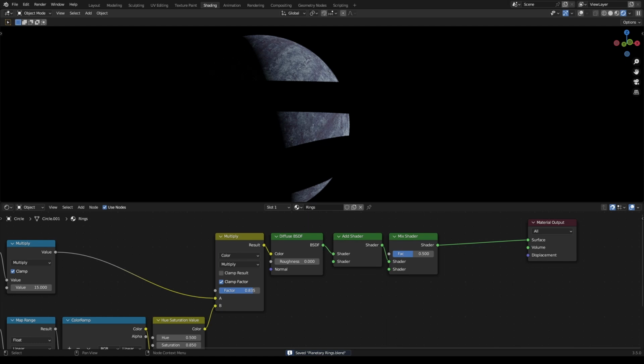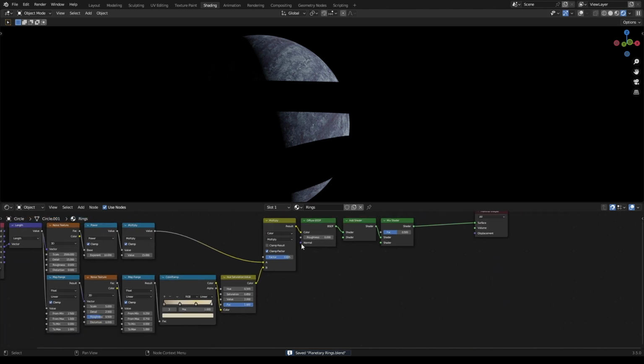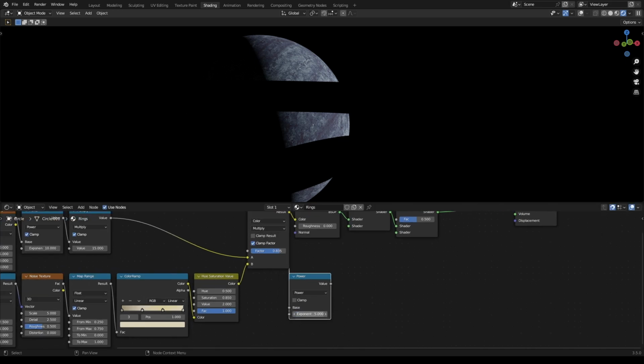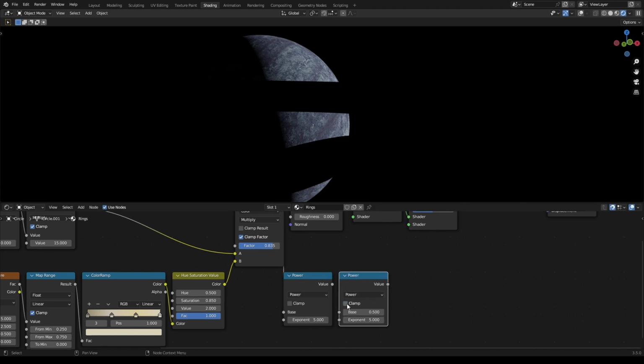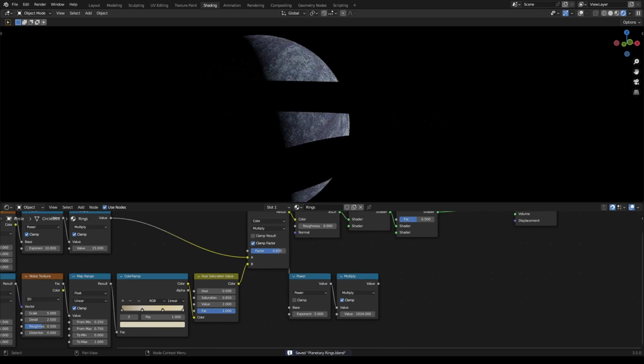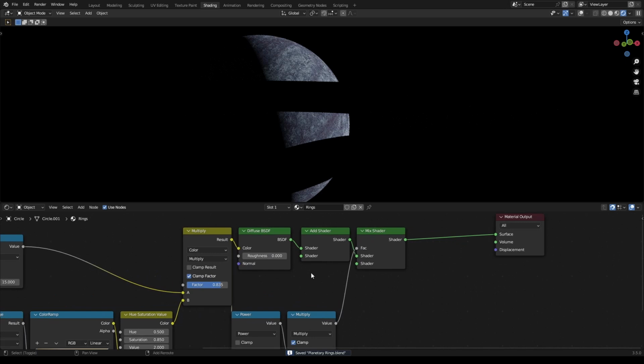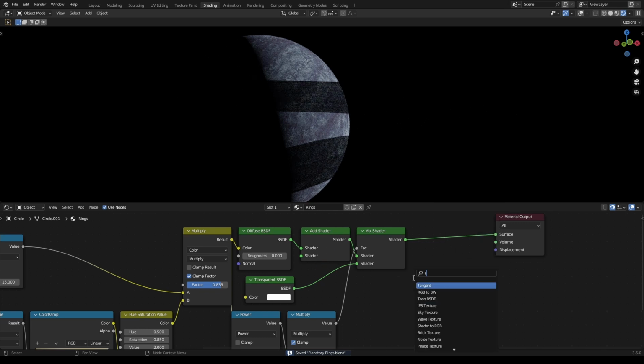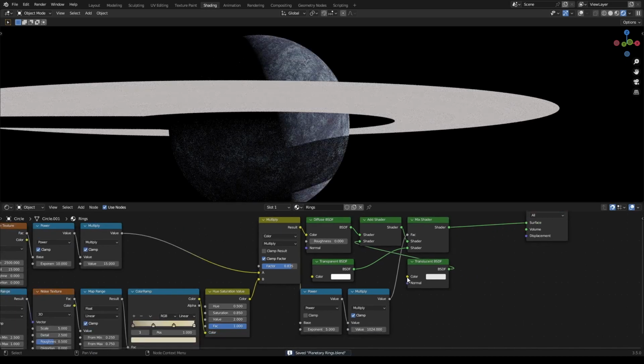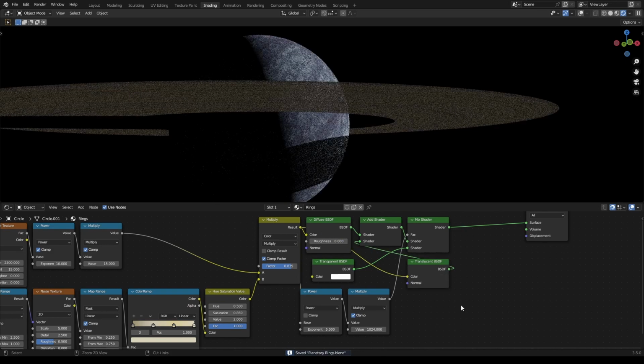And after your multiply, grab a math power node, an exponent of about 5, and then right here, you're going to clamp this, set this to multiply it by 1024, hook that up to there, plug this into the factor, and grab a transparent BSDF and plug that into the bottom shader here. And then grab a translucent BSDF, plug that into the add shader down here, plug in the color from there,